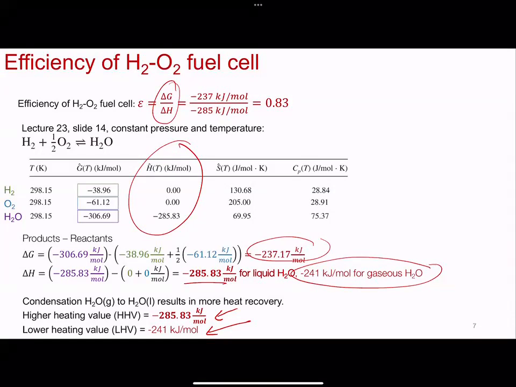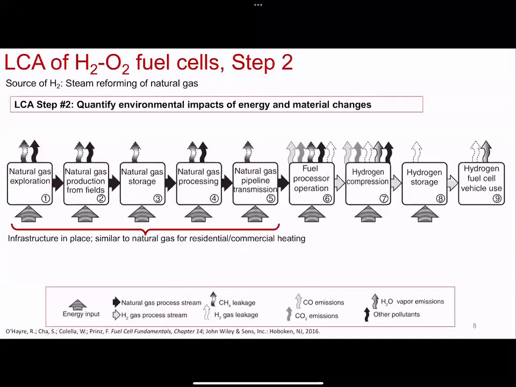And typically people go with the higher heating value, because if you can manufacture and produce something with a lower heating value, then basically it's easier. So you calculate based on what's harder to make, the higher heating value. Okay. So we have the HHV for producing H2O in the liquid state. So it's going to come into play later when you calculate and try to compare fuel cells to internal combustion